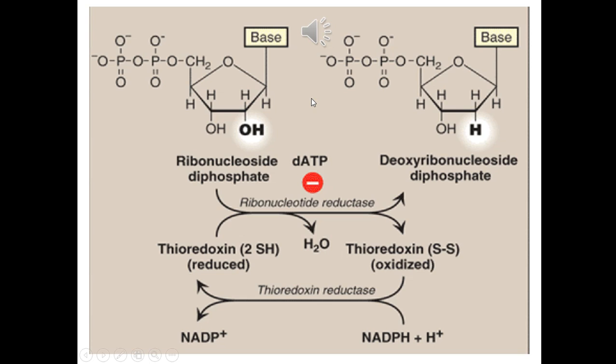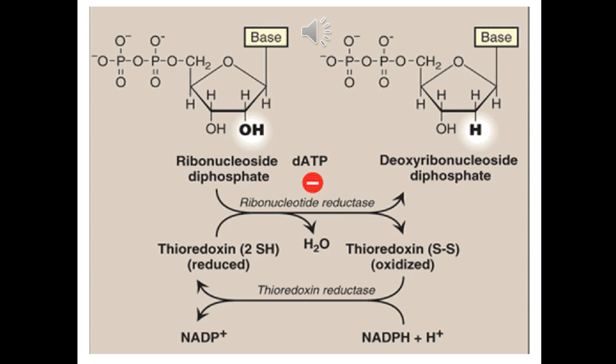This slide shows the synthesis of deoxyribonucleotide, which are the building block of DNA. And we can write this reaction as an equation. Ribonucleoside diphosphate by ribonucleotide reductase converted to deoxyribonucleoside diphosphate. This enzyme needs thioredoxin, which is a protein that contains 2-thiol group,